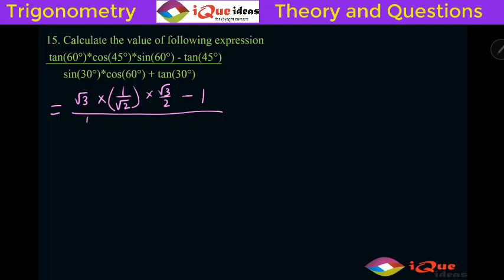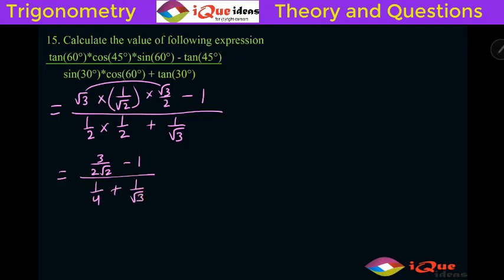Now sin 30 is again 1 by 2. Cos 60 is also 1 by 2. Plus tan 30 is 1 by root 3. Now here this root 3 and root 3 will get multiplied. So this will give us 3 by 2 root 2 minus 1 and whole divide by 1 by 2 into 1 by 2 is 1 by 4 plus 1 by